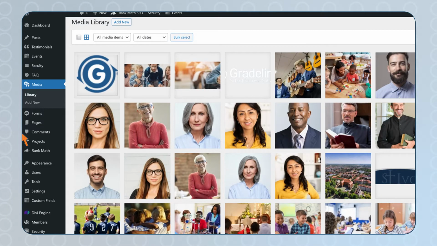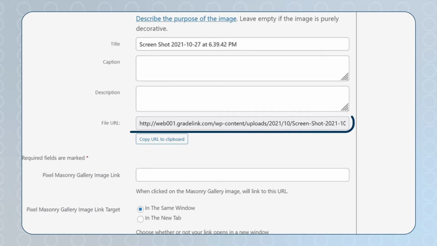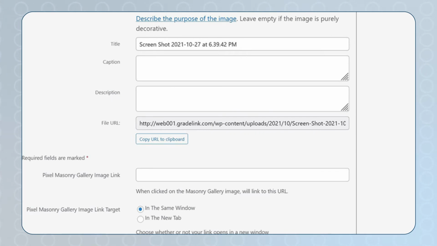From the library page, you may click on any file to view and edit its properties. As you can see here, there is a public URL for each of the files in the media library. This is useful if you want to link to a file like a PDF document on your website. A common use case for schools would be the Student Parent Handbook. If you upload a PDF, such as the Student Parent Handbook, to the media library, you can copy the file URL and link to it from an email, a Smart Send message in Gradelink SIS, or anywhere on the website